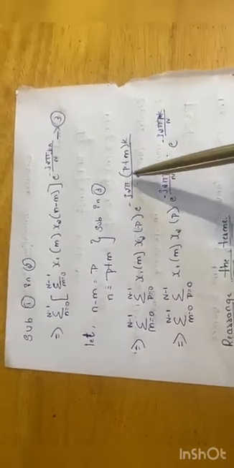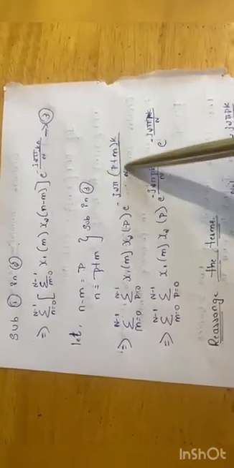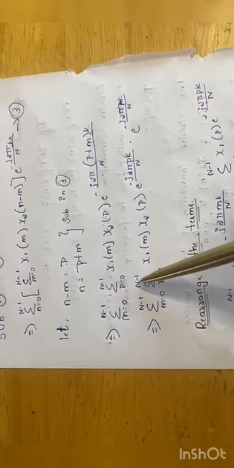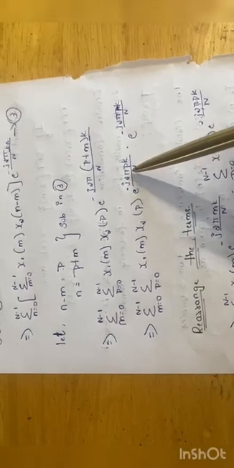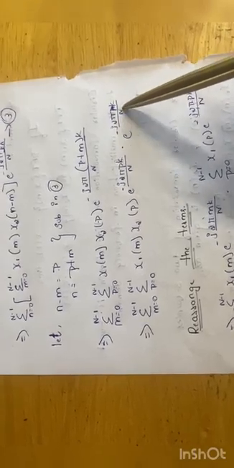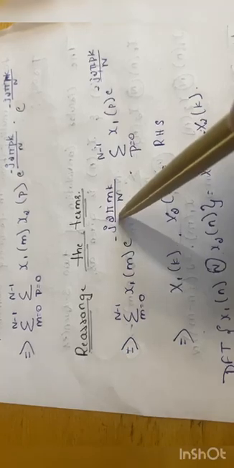So we have to multiply these exponentials within the bracket. By multiplying this, we get summation of m equals 0 to N minus 1, summation of p equals 0 to N minus 1, x1 of m into x2 of p, e to the power of minus j 2 pi p k by N into e to the power of minus j 2 pi m k by N. So rearranging the terms, we get summation of m equals 0 to N minus 1, x1 of m into e to the power of minus j 2 pi m k by N, into summation of p equals 0 to N minus 1, x2 of p into e to the power of minus j 2 pi p k by N. So this is the formula of the DFT of x1 of n.